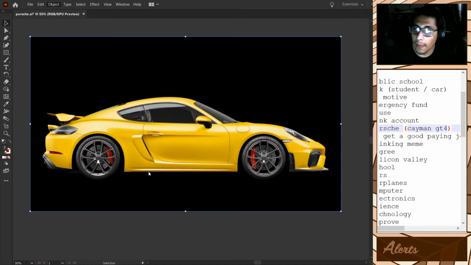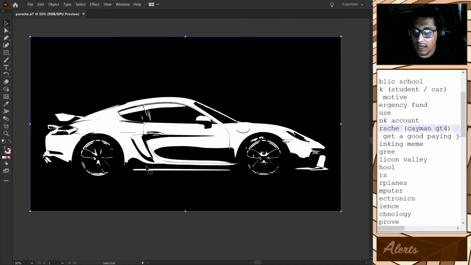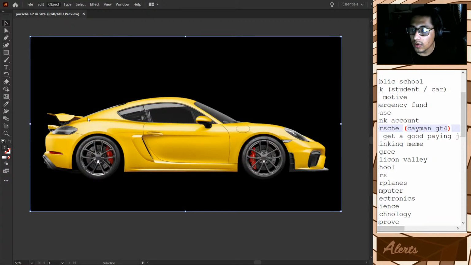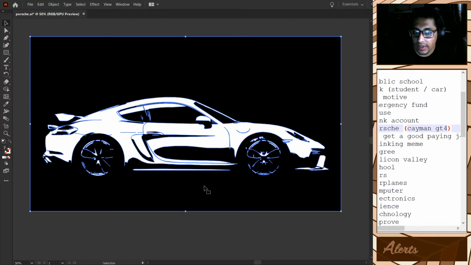So we go on options and we click on the menu. There's gonna be object. We go down to image trace and we're gonna, and here is the final image, right? That's kind of cool, but let's object, image trace, make, and it should be giving us